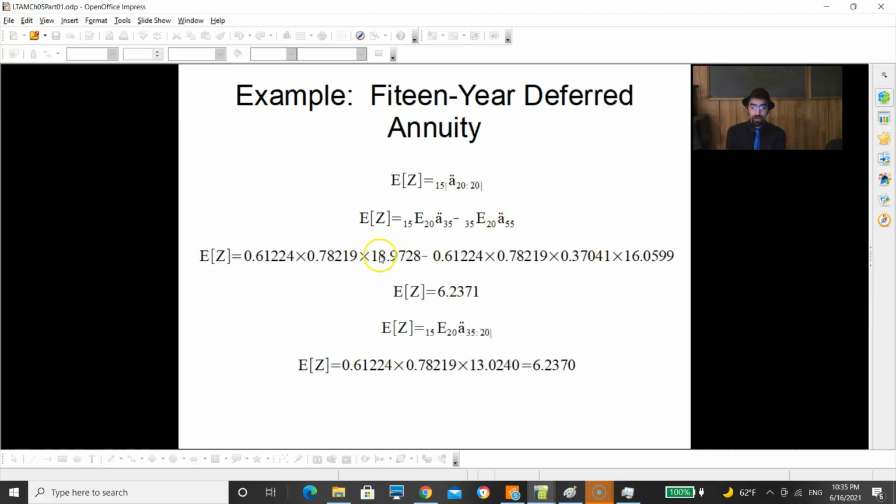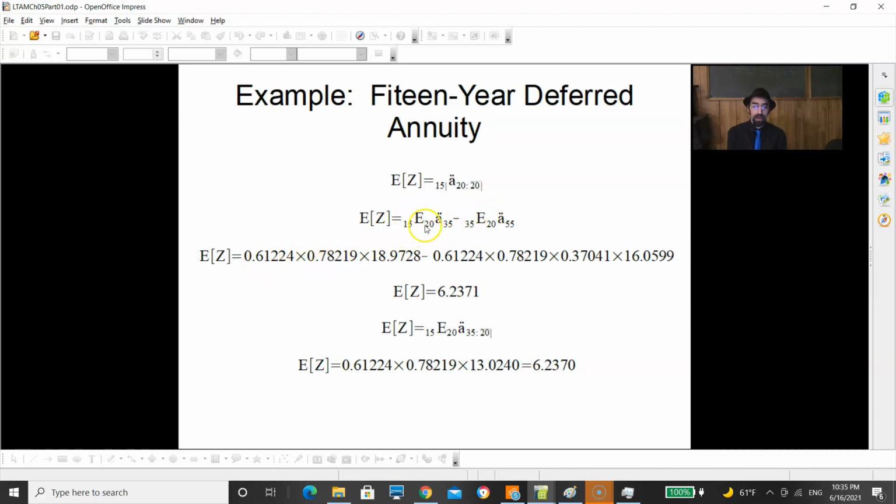And to crunch these numbers in, this 18.9728 is ä₃₅ from the table. You can double check that yourself if you want. ä₅₅ is going to be 16.0599. And to get these endowment figures, I have to multiply